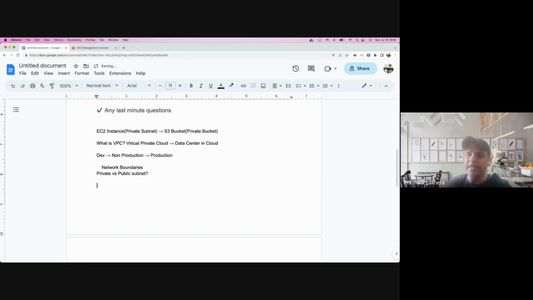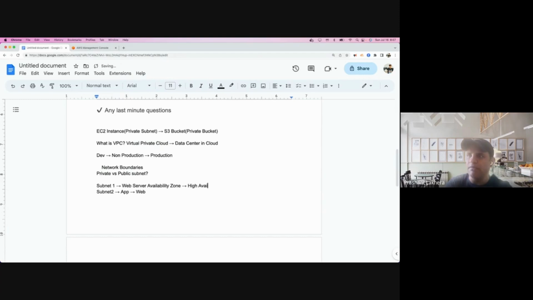So let's say I divided into subnet one, and here my web servers are running. Then I divided into subnet two, and here my apps are running. Or in terms of AWS, I can divide into different availability zones, and the reason for that is high availability. In case one of my availability zones goes down, I should have my service running in some other availability zone. So I might have my web one running here,